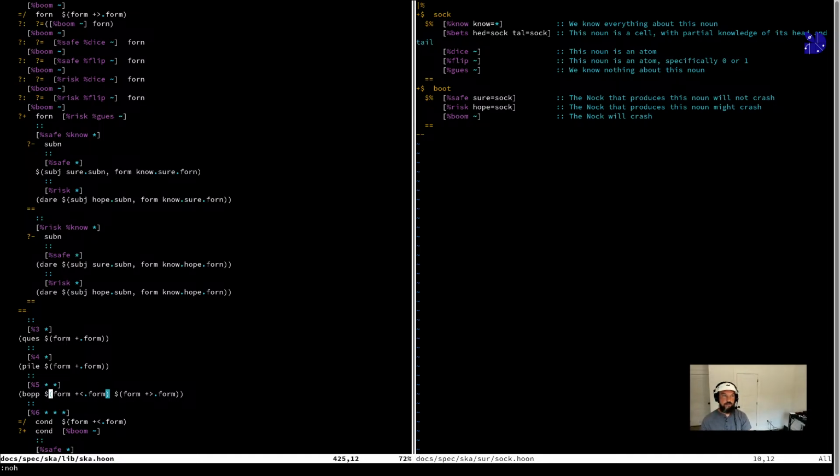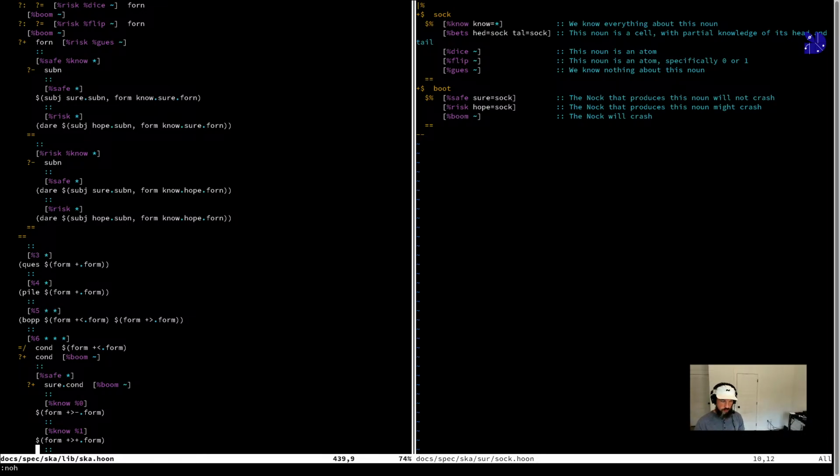We could actually be a little bit more involved about this, but again, for similar reasons to 4, it's not really worth taking care of the subtle case where we partially know enough to know that they're disequal. We could do that. It might be worthwhile to help with specializing pattern matches, for instance, but I don't think you need to do that to specialize pattern matches. But in any case, if we do know that two things that were tested for equality are equal, then we can return knowledge of 0. And this is helpful along with 3. 3 and 5 are Nock generated for type matches. This is helpful